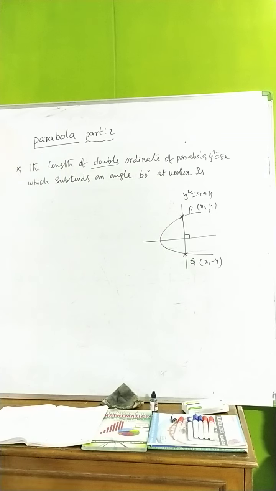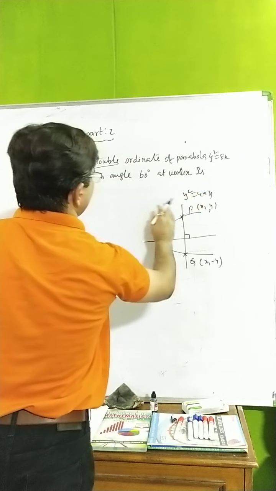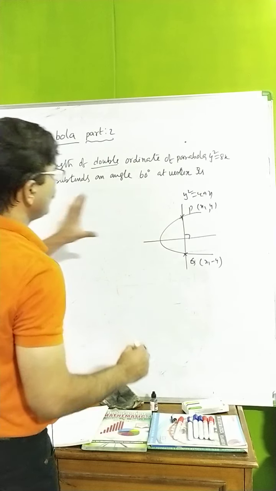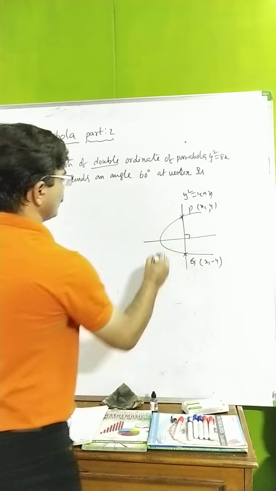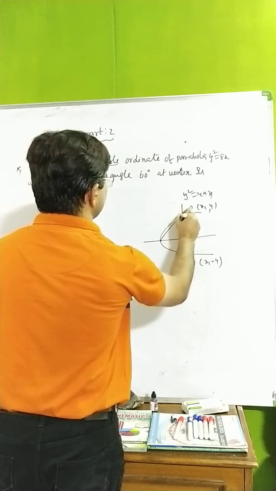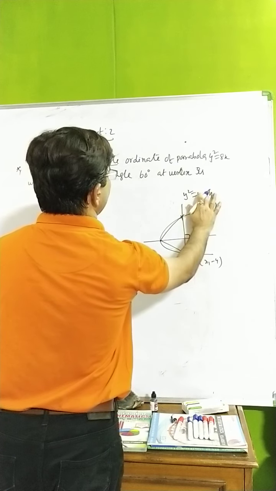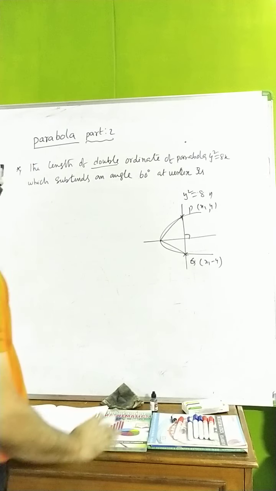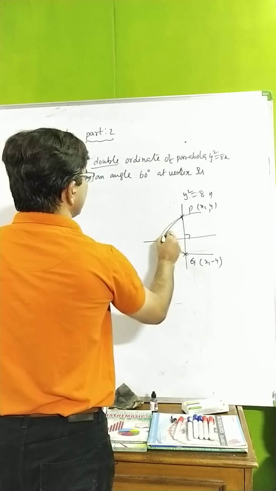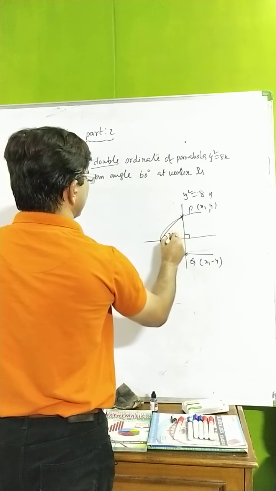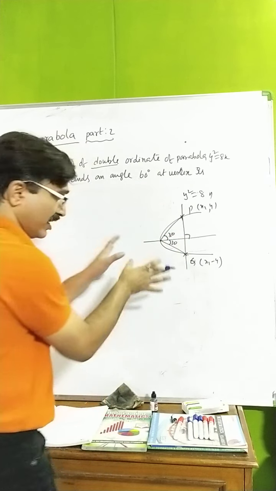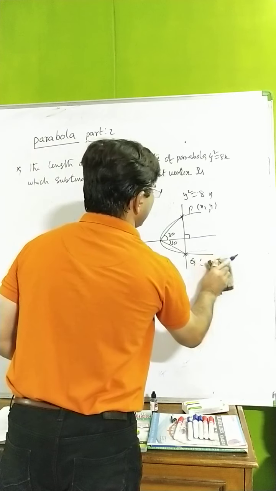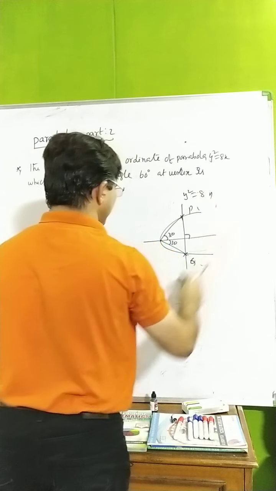Now the question is what? He has given the standard equation, and I would like to consider this one only. If this double ordinate subtends an angle of 60 degrees, he said, I take the original equation given here. If this is 30 degrees and this is also 30 degrees, the total angle subtended is 60 degrees, so I can take 30. I am not interested in taking the other one now. Now it is very simple.